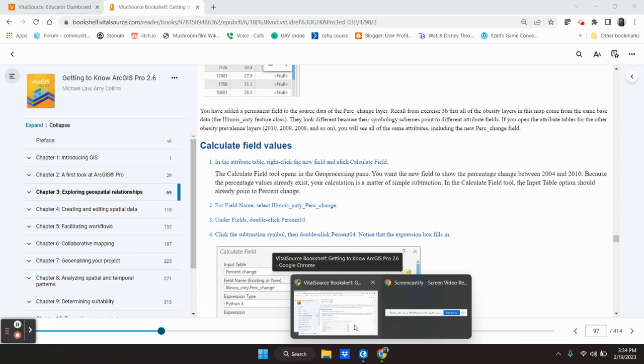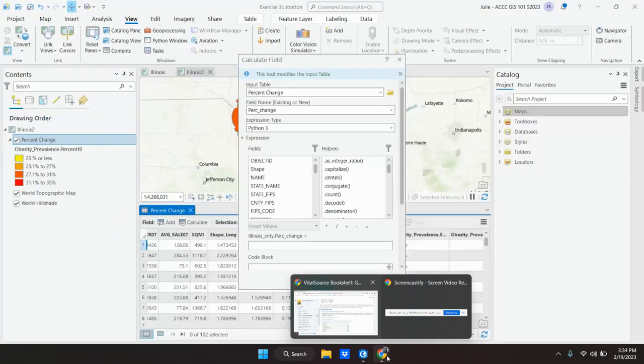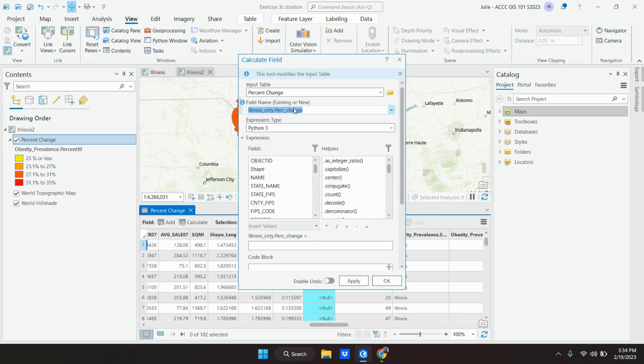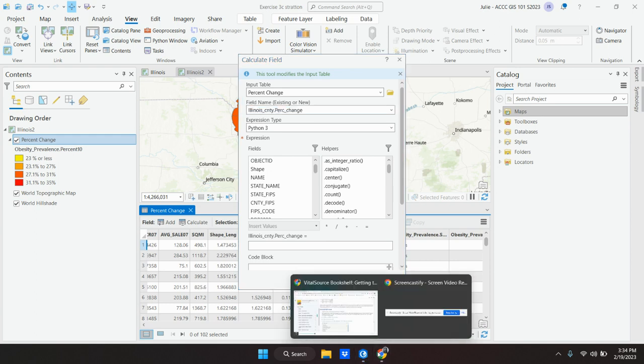And then we want, for the field name, that Illinois County percent change. So we're going to scroll down here. It's not necessarily alphabetical. There's mine. Okay, so now we've got it. And then